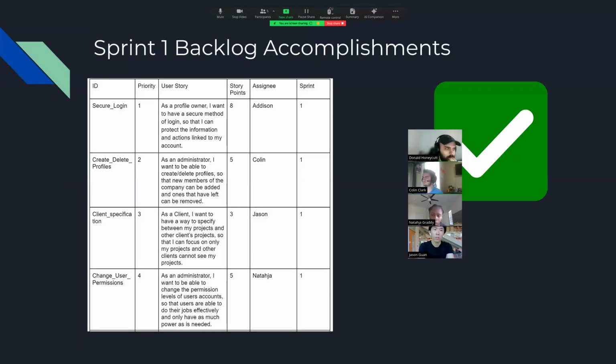So, can you go to the next slide? Okay. All right. So for our sprint 1, I'd say we did a pretty good job of meeting our goals. This is a list of our original outline for what we wanted to get done. And we were able to get a lot of things working in some capacity. One thing though